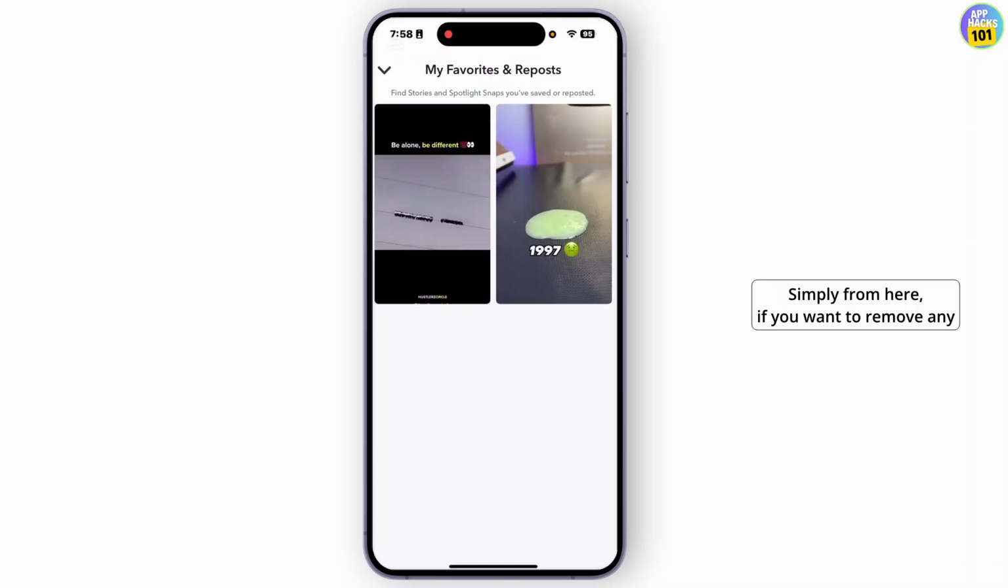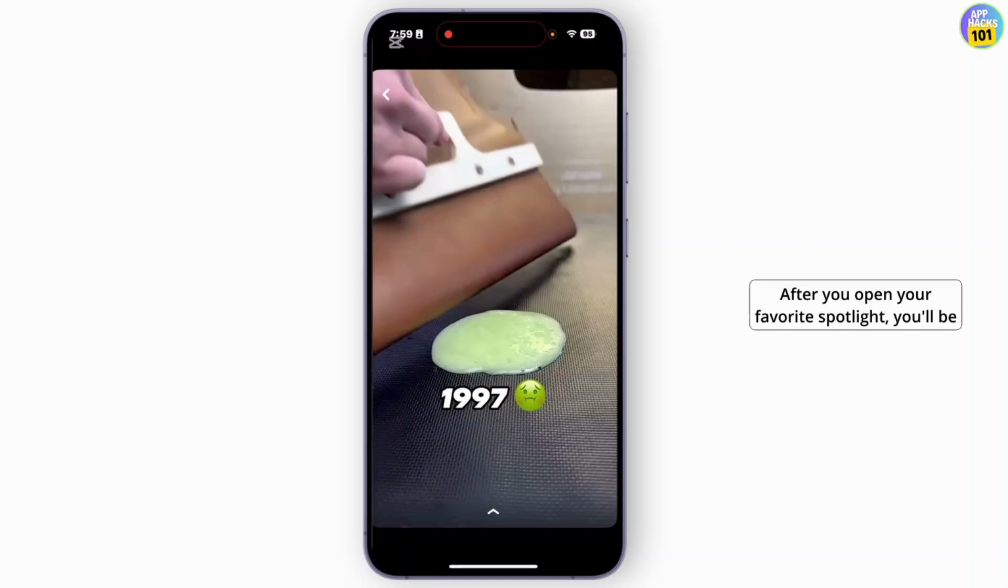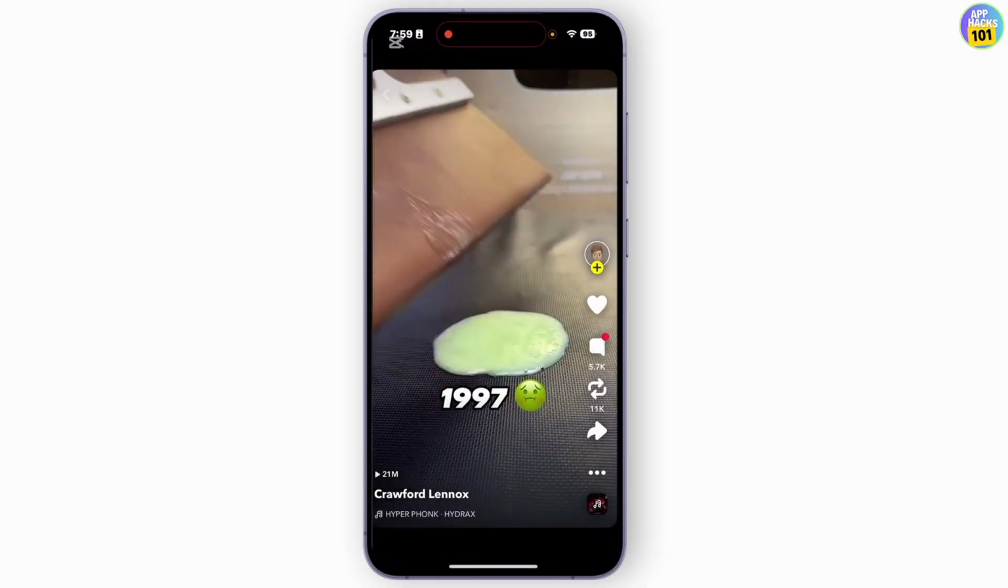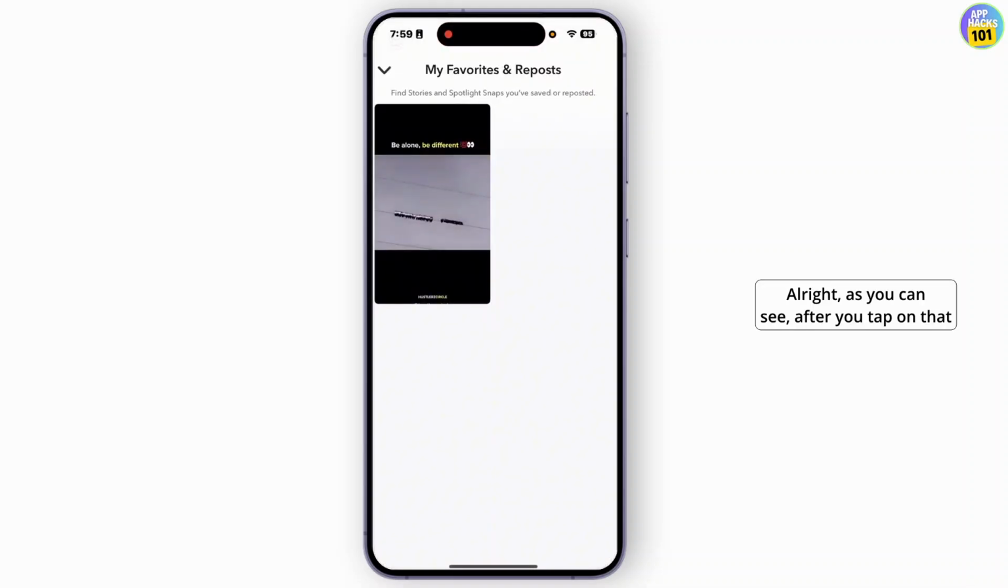Simply from here, if you want to remove any favorite spotlight, you'll have to open that. After you open your favorite spotlight, you'll be able to see this kind of interface. From here, if you want to remove that, you'll have to just unlike that video by tapping on the heart icon at the right hand side. Simply tap on that heart icon. Alright, as you can see, after you tap on that heart icon,